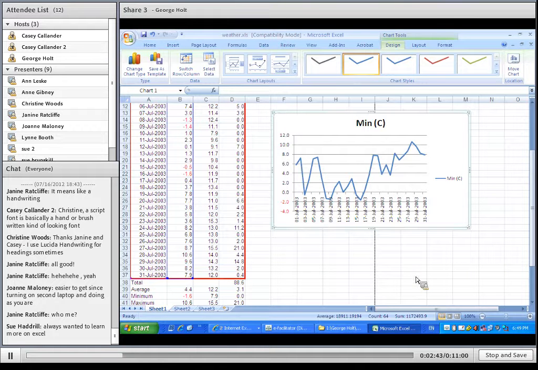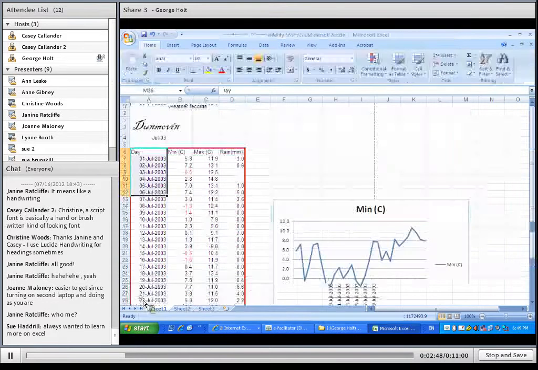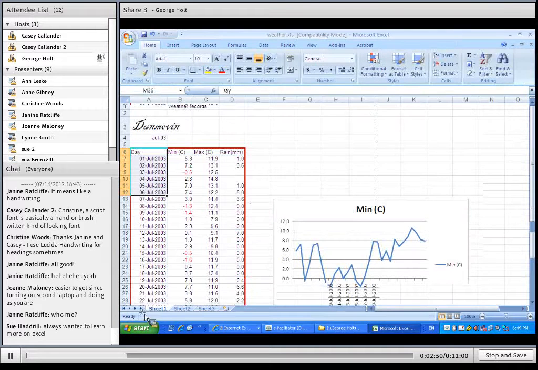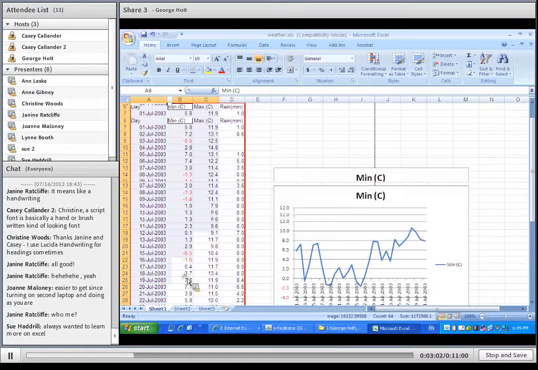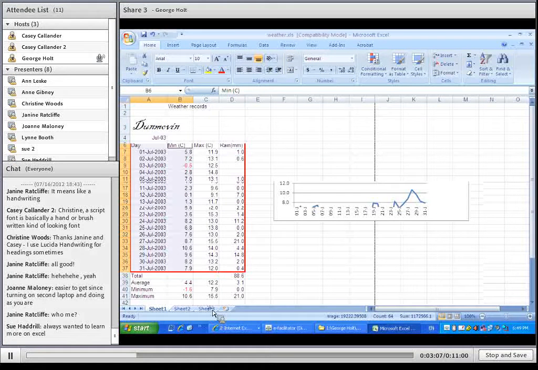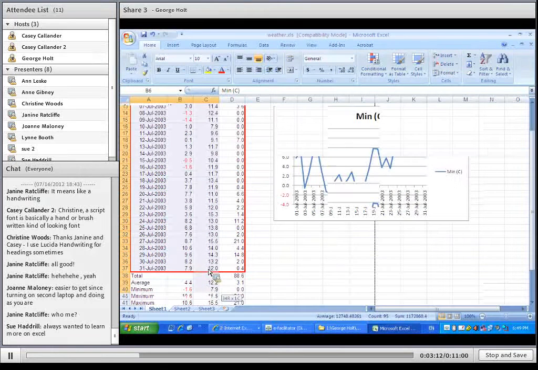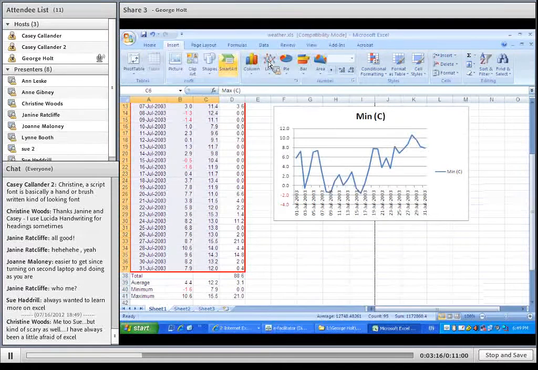Yep. Okay, second one, it wanted to see another chart showing both the date. Now you notice I always pick up the column heading. The reason I do that is because it gets you all your legends worked out. And now I'm going to hold Control and get minimum. I'm going to hold Control again and I'm going to get the maximum. So now I've actually effectively got three different areas highlighted. And now if I go Insert and choose a line chart,